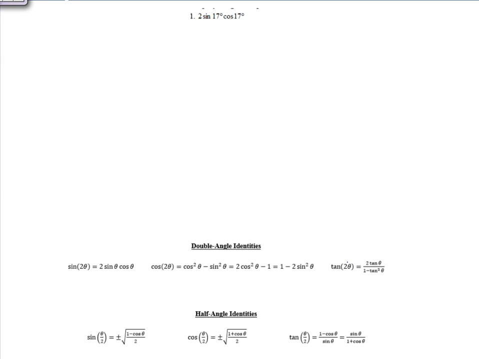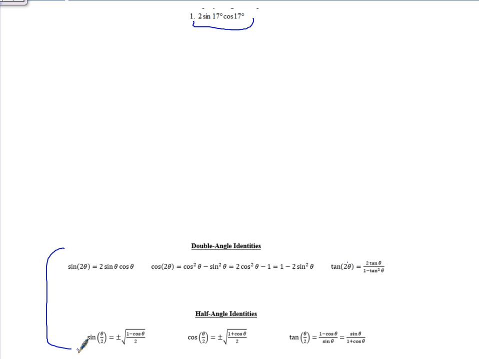So I wanted to just go through some of these problems on the review for the quiz tomorrow. All of these problems you can do by looking back at your identities. So this first section, all you're really doing is going backwards. They give you an identity that's worked out. You have to figure out which one of these identities it matches up with and then just put it back